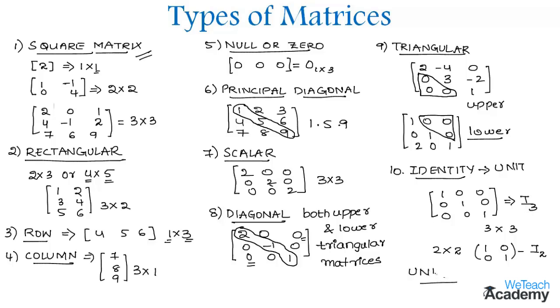And now let us discuss a common property relating to diagonal matrices, that is the trace of a matrix. The trace of a matrix is nothing but the sum of elements in the principal diagonal of the matrix. So here the sum of all these elements, which is 1 plus 5 plus 9, is 15. So 15 is the trace of the matrix, and it is denoted by trace A is equal to 15.